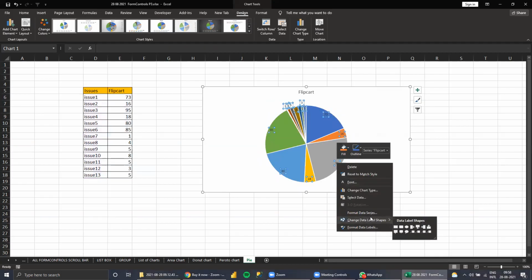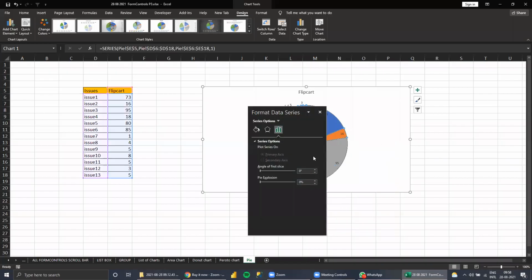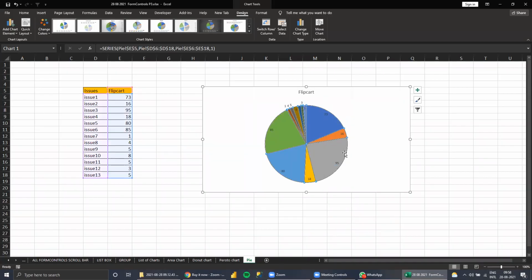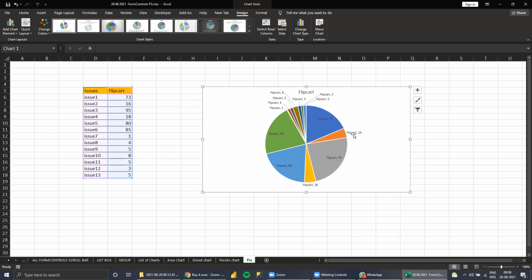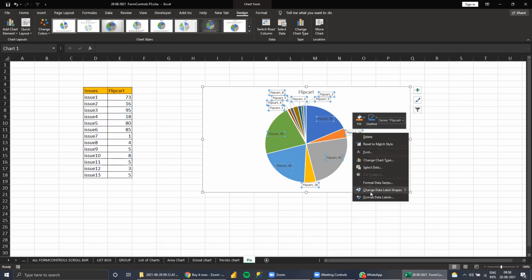So format data labels. Sorry. Series name also, you can see in the data labels. I can get the series name also. So you can select the category name.